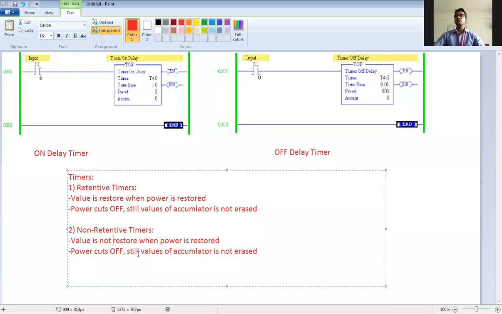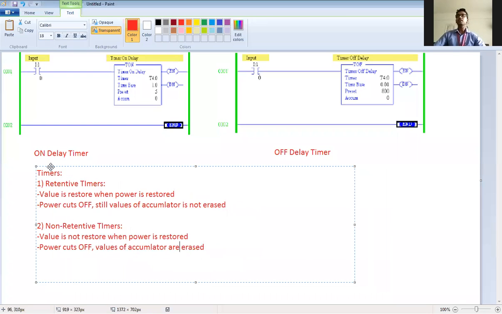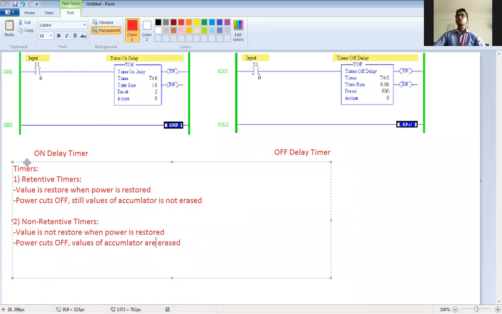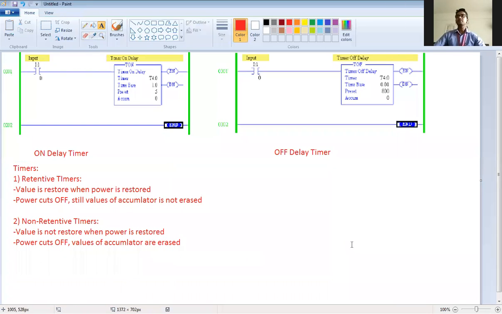Power cuts off, the values of the accumulator are erased. So this is your retentive and non-retentive timer. Okay. So this is the basic thing.